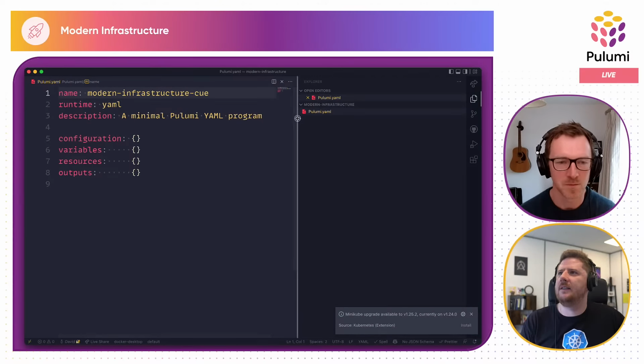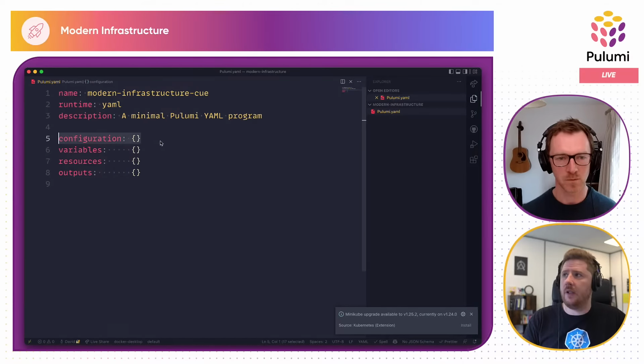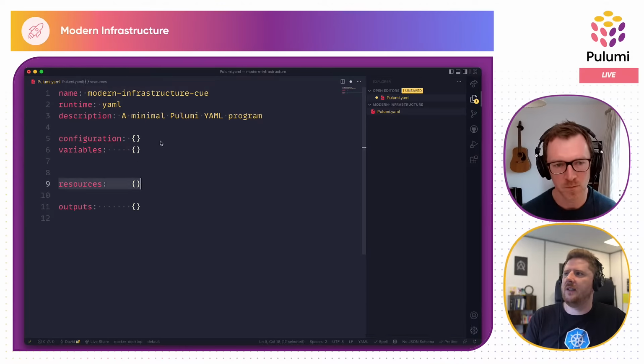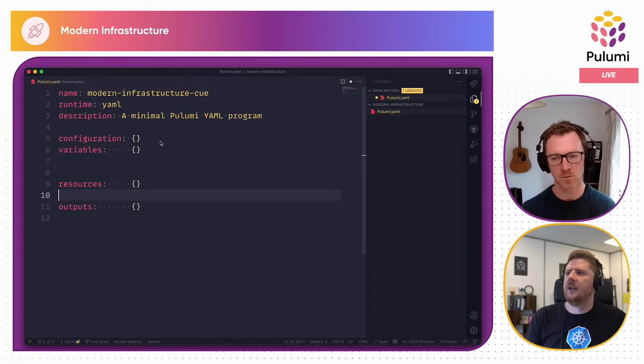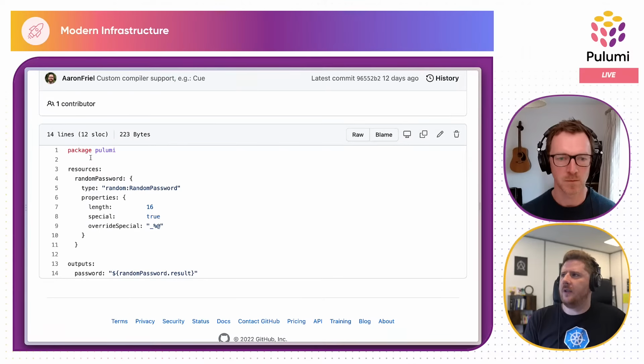And this is it. The Pulumi YAML interface allows you to specify any configuration that is required. We can also have some variables that can be reused throughout our spec, but the most important stuff is here. So obviously we need to define some sort of resource, and then we can expose outputs that can be used with Pulumi stack references or even just the Pulumi stack output command if you need to be able to consume this in other tooling. Now, what I'm going to do is just copy this